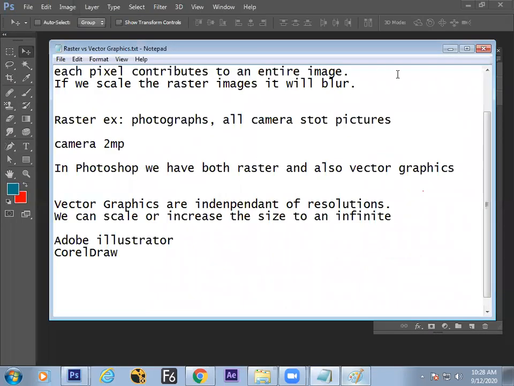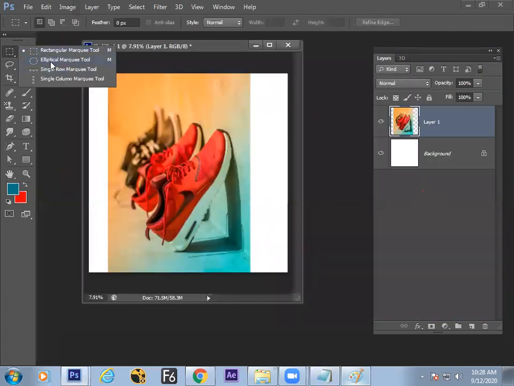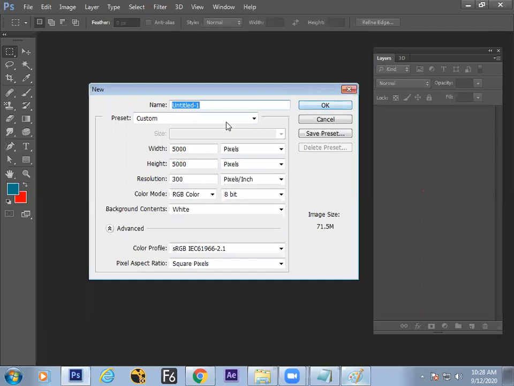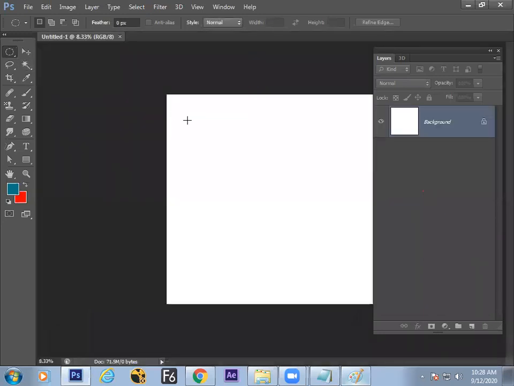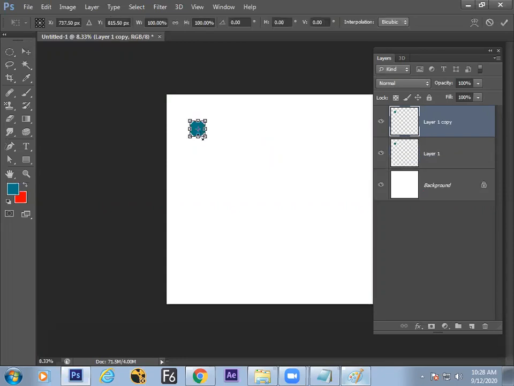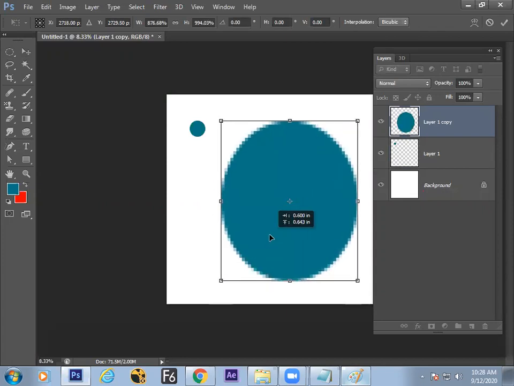So till now what we have learned, selecting pixels with these selection tools, that is raster. Whatever shapes we have created are resolution dependent. Means if I draw a small circle and fill it, and the same circle I will copy with Control J. One second, guys. I have to take a new layer and fill this. This is a small raster circle. Control J, Control T, and I want to move this one and scale it up.